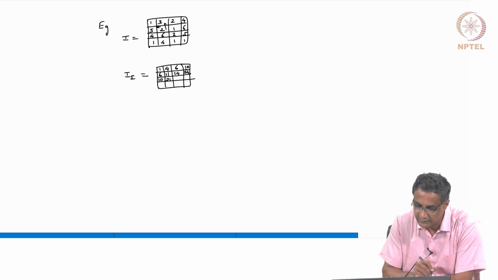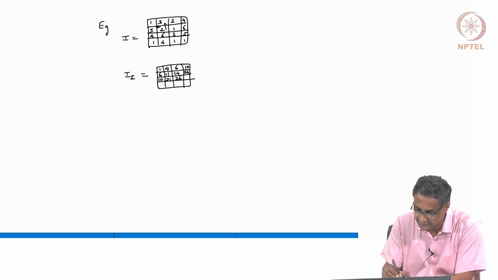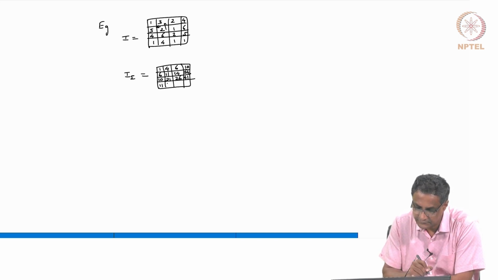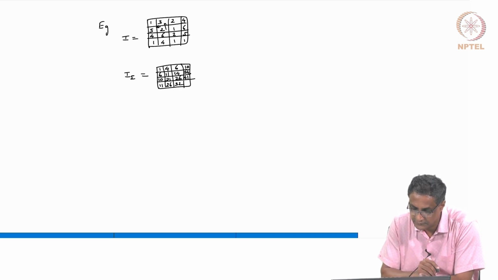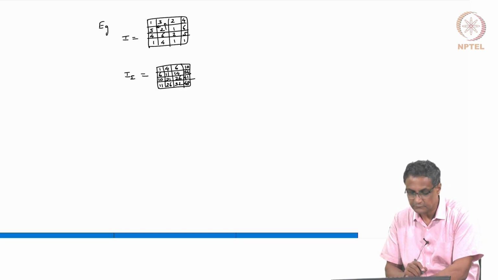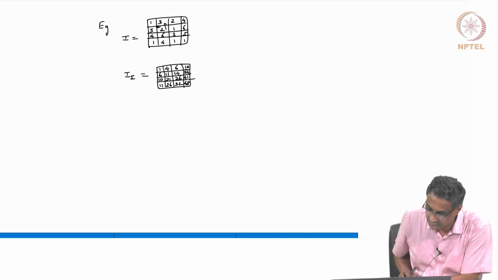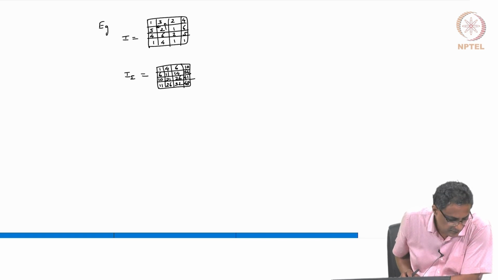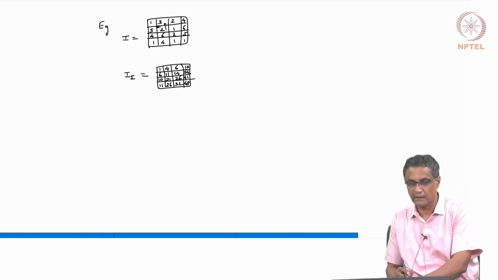Then 21 plus 5, 26. Then 31, 41. Then 1, 11. Then 21, 23, 26. Then 27, 29, 30, 32. Then 32, 33, 38, 48. Something like this, right? So 1, 4, 6, 10, 6, 11, 14, 24, 10, 21, 26, 41, 11, 26, 32, 48. Okay, now